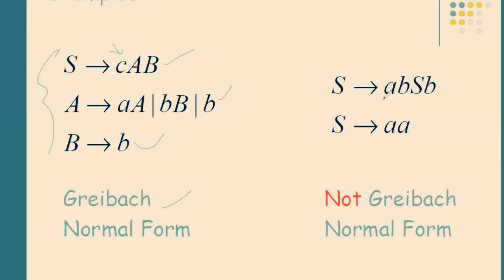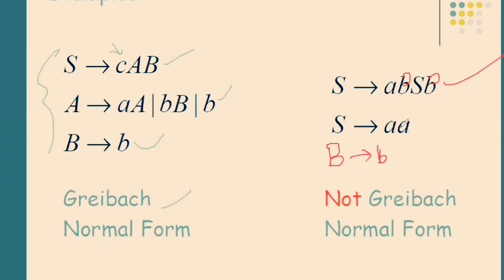So what you can do here is, you can see in the first production, you have this symbol as terminating and this as terminating. So somehow we have to eliminate it. How to eliminate it? Introduce a new production that says capital B tends to small b. Now what will happen here is, this small b that I have can be replaced with its equivalent capital B. This will be capital B now, and this will be capital B, because I have added a new production, and now you can see this is in Greibach normal form, right?